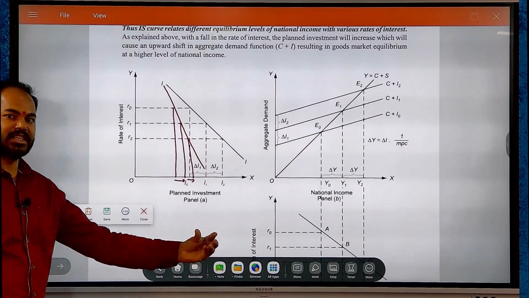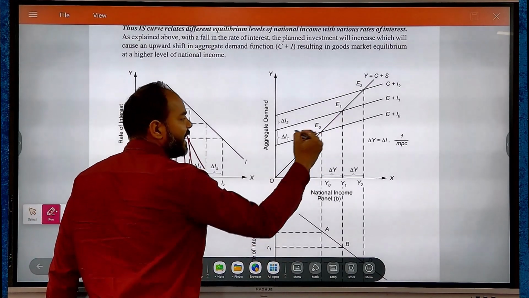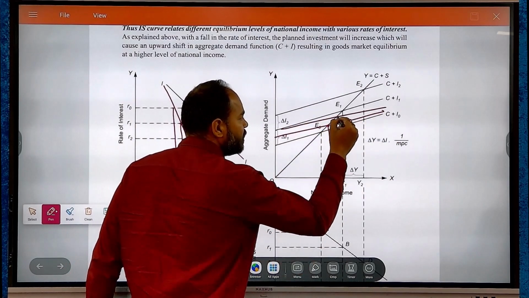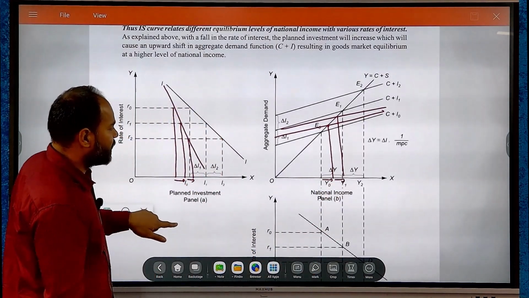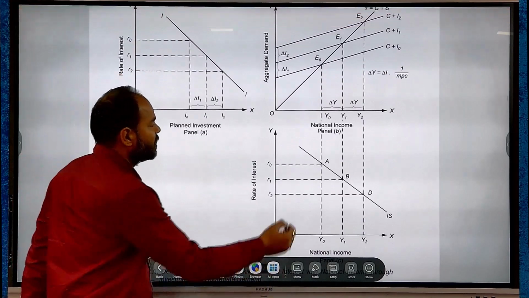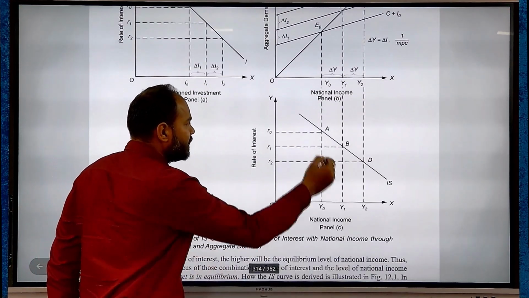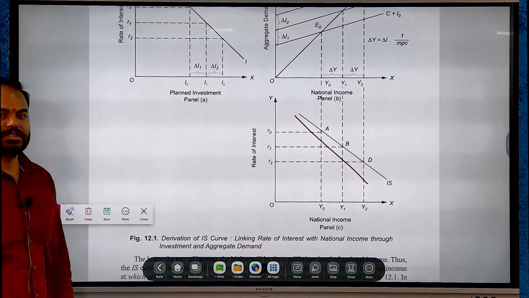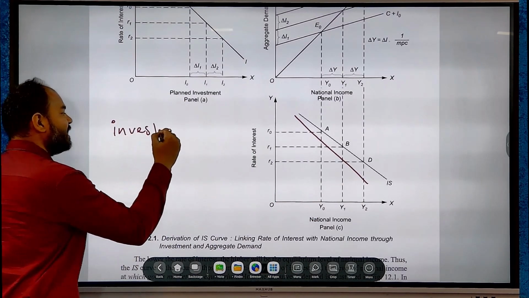Due to the very small increase in investment, the shift in AD will be very small, and the increase in GDP will be less, and because of this, this curve is also steeper in nature. Okay. So what we have just discussed is that if the investment is less elastic,